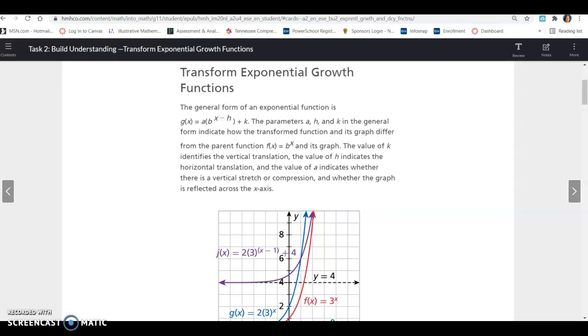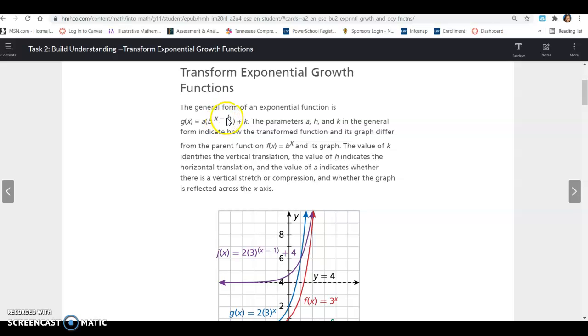The parameters a, h, and k in the general form indicate how the transformed function and its graph differ from the parent function, f of x equals b to the x power, and its graph. The value of k identifies the vertical translation. Remember, that's similar to other things we've done. K is vertical, moves you up or down. The value of h indicates a horizontal translation. H, horizontal, moves you left or right, and you can see negative h in the formula, so it's going to